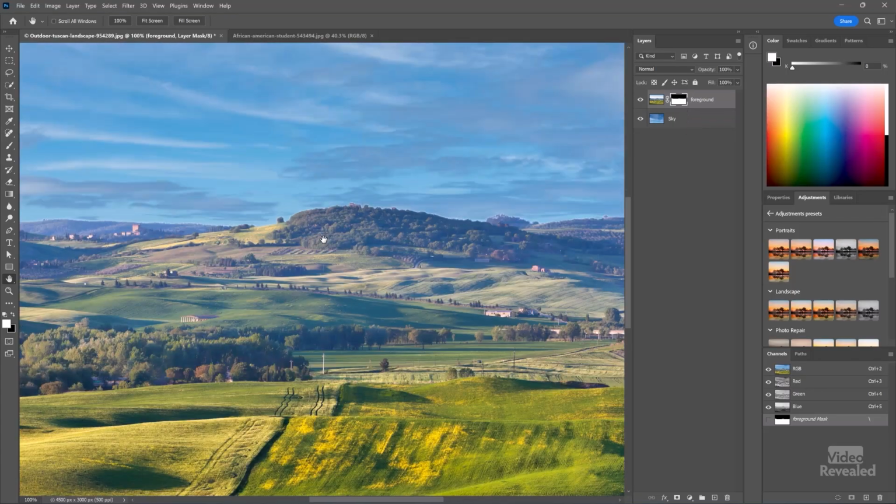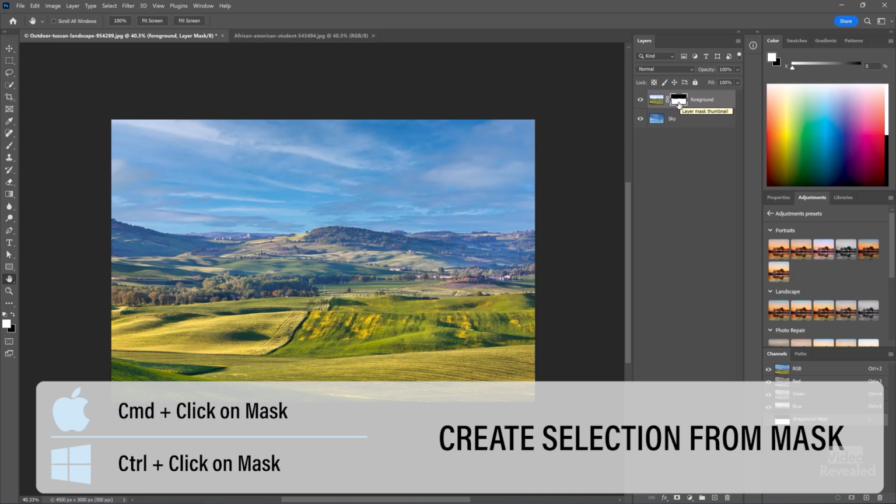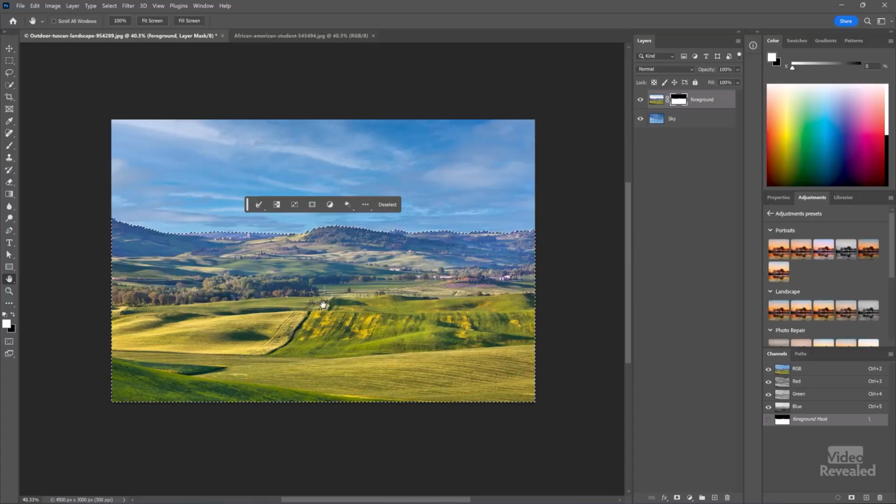Okay, so how do we fix that? Well, the first thing to do is to make a selection. And you can turn a mask into a selection by holding the Control key or Command on the Mac and clicking on the mask. And you can see I've got a selection now. Okay, I want the selection to change. I want this to contract because right now the mask